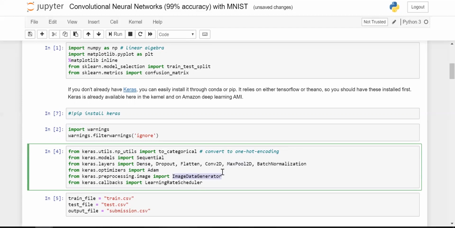What ImageDataGenerator is: in neural networks, the problem is you require more data to train upon. So in the cases when you do not have enough data or enough images, the neural network tends to overfit upon the data it is trained upon and not perform well upon the validation data. Hence, we will use ImageDataGenerator to generate multiple copies of the same image. Like we'll get a mirror image of the input image, or twist it or turn it 60 degrees, 90 degrees, 180 degrees to get various transformations of a given image, so that we can have a good amount of data to train your model upon.